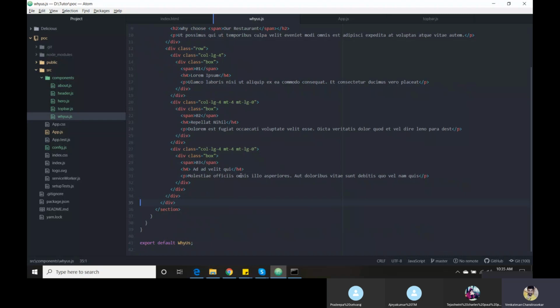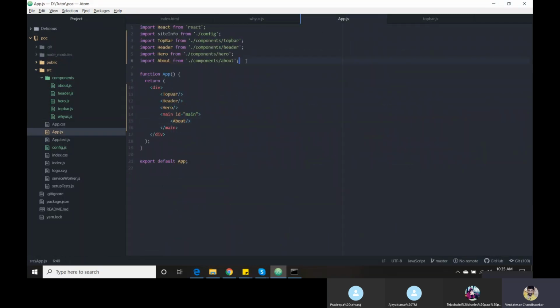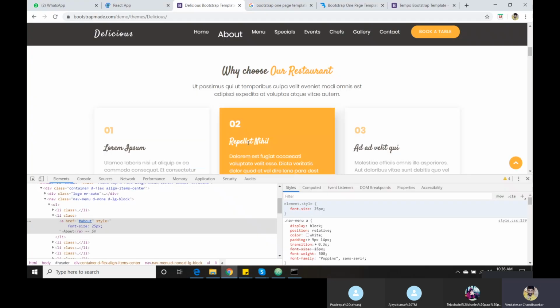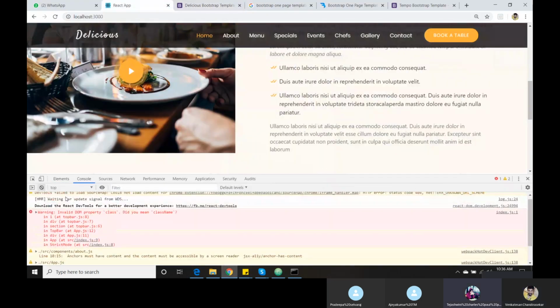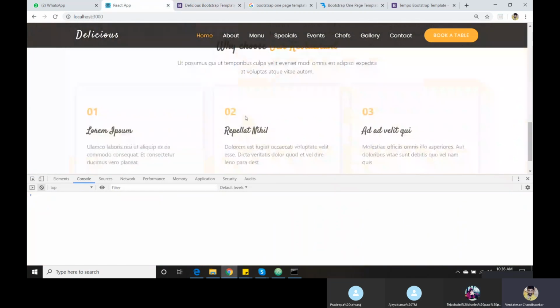Is there any problem? Have they used anything? Nothing. Now we need to include our YS section inside app.js. Here the file name is YS. Under the about text section we need to use YS. Sir, class name should not be used there, sir. Yeah, I will do it.